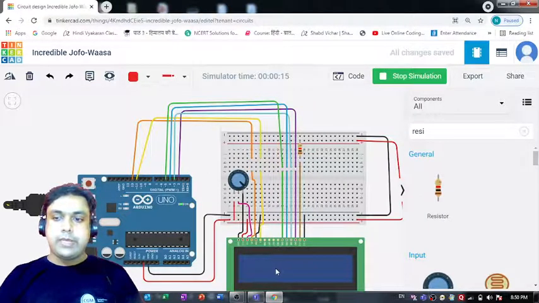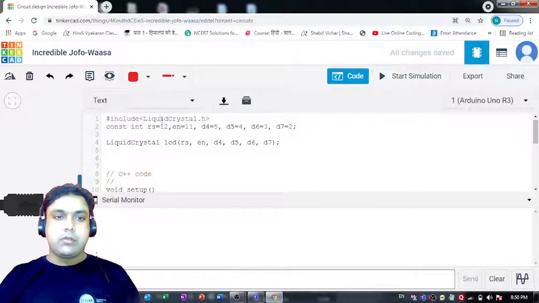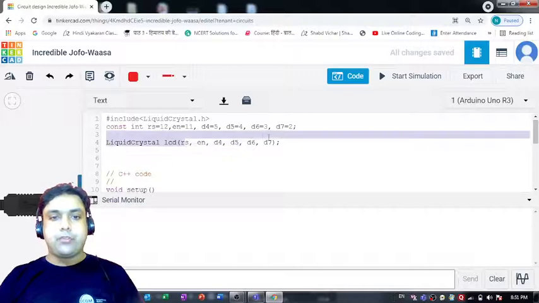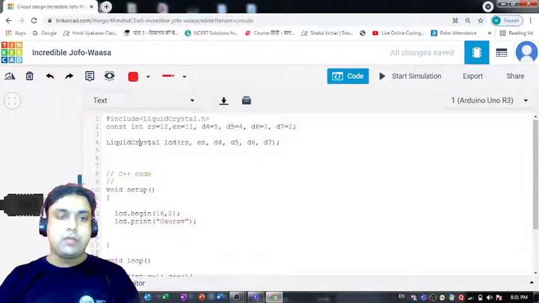We are not able to see anything over here. Now why is it so? That's what we have to find out. Is there anything which I have missed in the coding section? So I've included this liquid crystal library, right, and these are all the constant values. These are all the variables I need to use. Okay, and then we have used this LiquidCrystal over here, passed all these variables as parameters to this LCD. Then comes void setup.